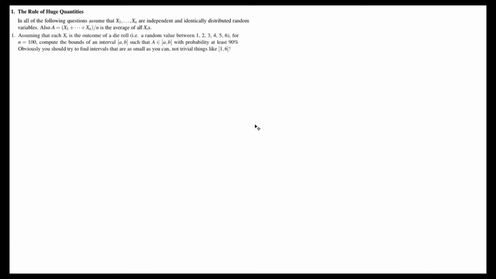Hi guys, so we're looking at question 1 on homework 13. Question 1 basically is a bunch of law of large numbers and Chebyshev inequality questions. In each and every question you have to calculate a different parameter. In one case you have to calculate n, in another case you have to calculate epsilon, another case you have